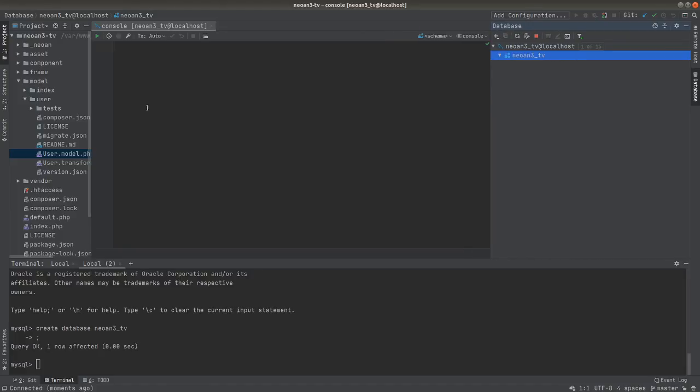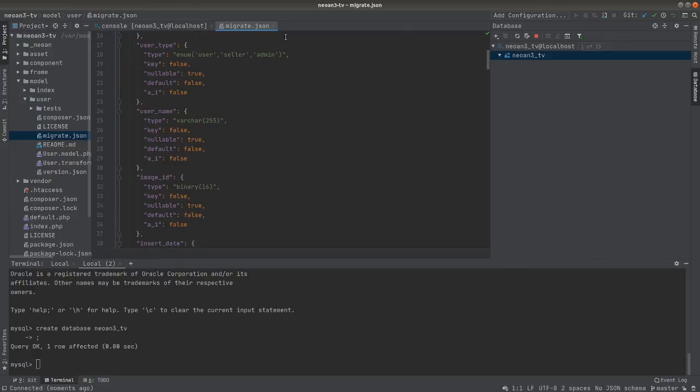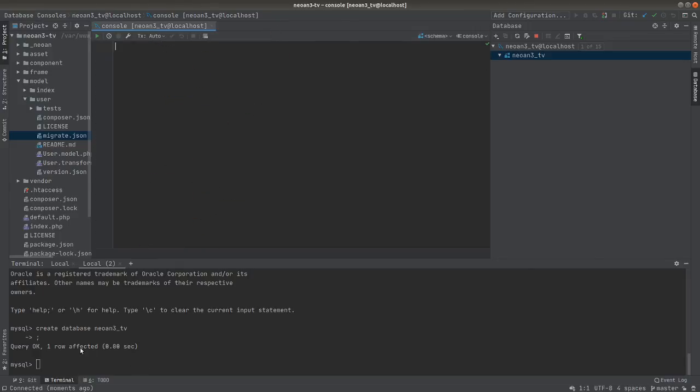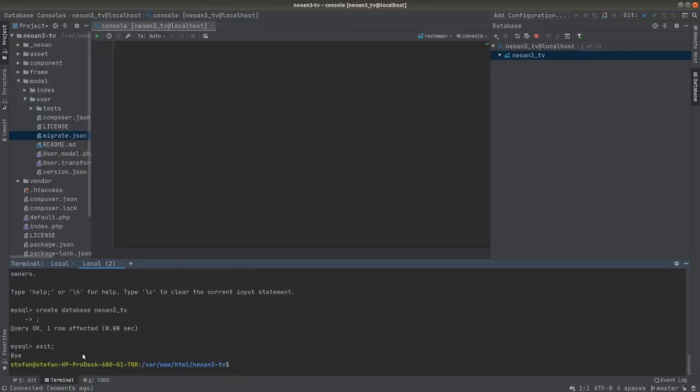Do you see that? Now, the user, of course, requires a particular database, right? And this is the migration that we were talking about before. Do you see how there's a migrate JSON that would tell me how that works? So in order to actually facilitate that, let's get out of this and basically say, okay, Neon 3, and sorry, I need to change this music quickly. Okay. One second. Now I can see migrate models up,